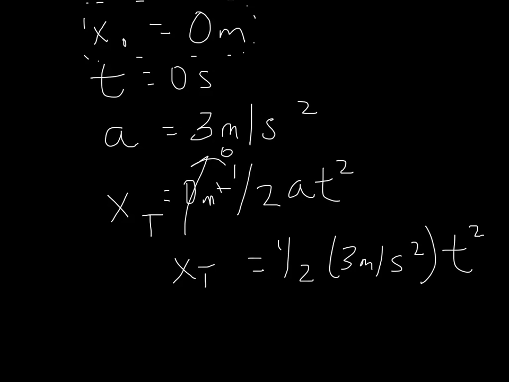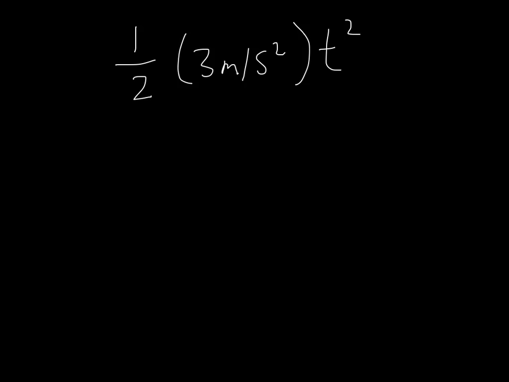Remember, we want the time that it takes the trooper to overtake the car, so that means that xt equals xc. The position of the trooper is equal to the position of the car. So if we set those things equal to each other, we get 1/2 times 3 meters per second squared, remember, that was times t squared, for the trooper,